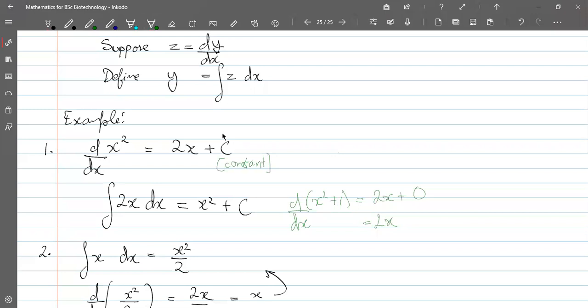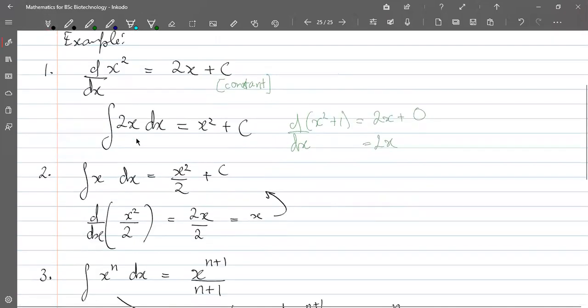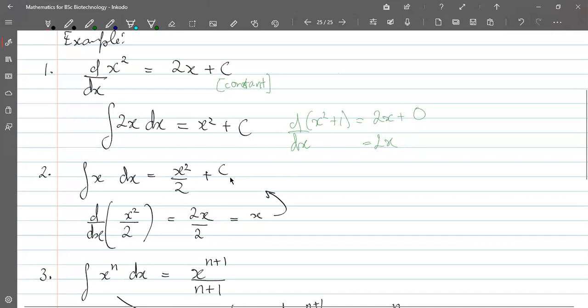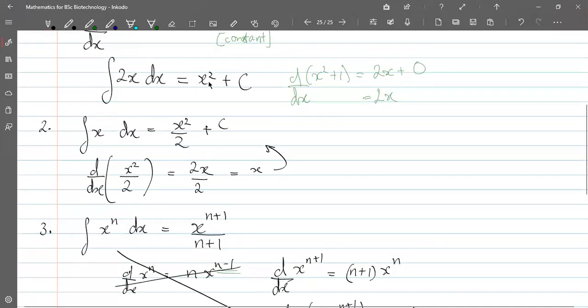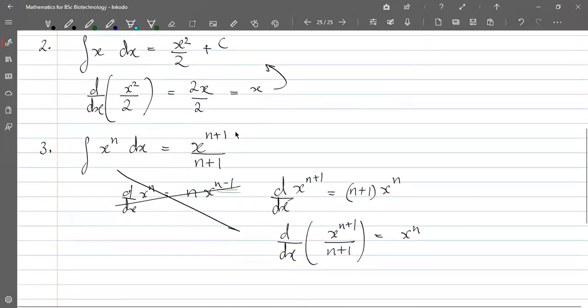When I write capital C like this, it's a constant. So the actual antiderivative is x square plus c. Similarly here. You can ask if it's c by 2, but c by 2 is also a constant because c is any constant, can be any value. If you're coming from here to here, thinking of dividing by 2, of course, if you divide this by 2, you get x square by 2 plus c by 2. But that c by 2 is some other constant, which we can call c. Similarly, here also, we have a plus c.